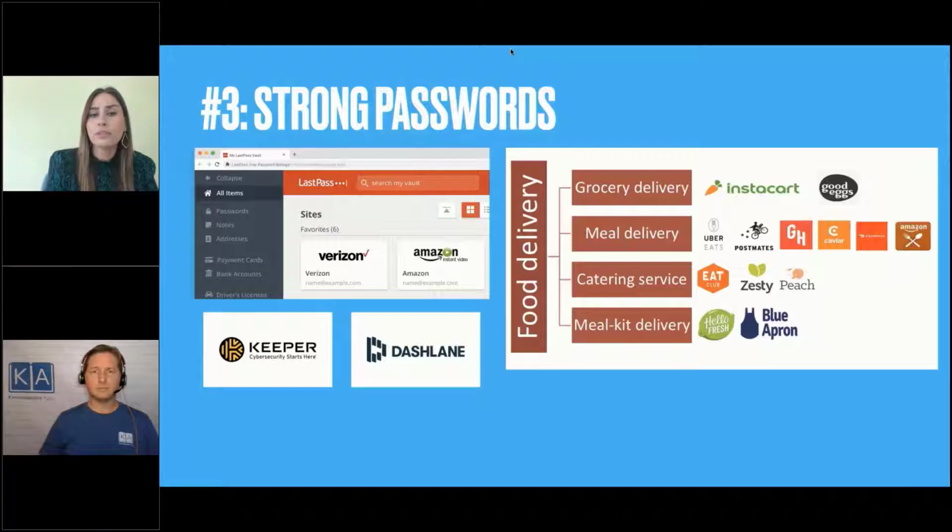And what I have found to be very useful, for example, if you are a little bit apprehensive to download some of the software, you could just, for example, on the iPhone, open a document in your notes. You can store some sensitive information, and you can password protect that particular note. I don't have screenshots of that, but it's very easy, it's intuitive, and if you don't feel like going through all of these steps, like downloading LastPass or Dashlane, just create a password protected note in your phone that only you know, something complicated that you will remember, and maybe try storing all of your passwords in that way first before jumping into